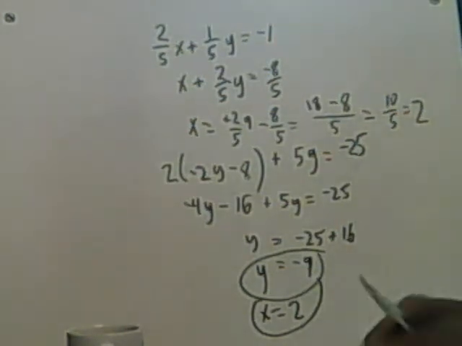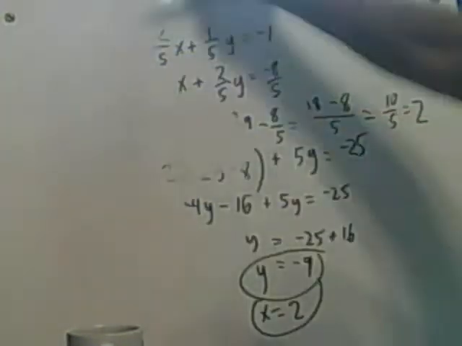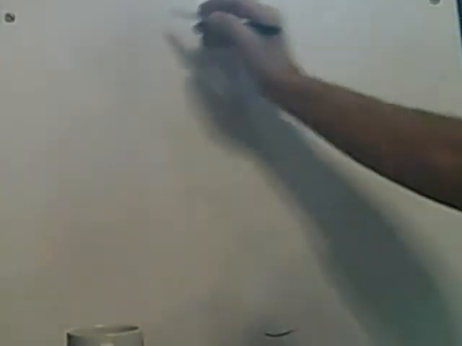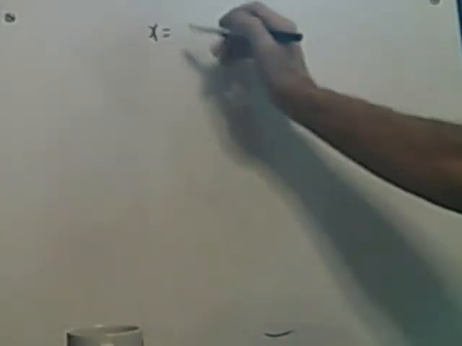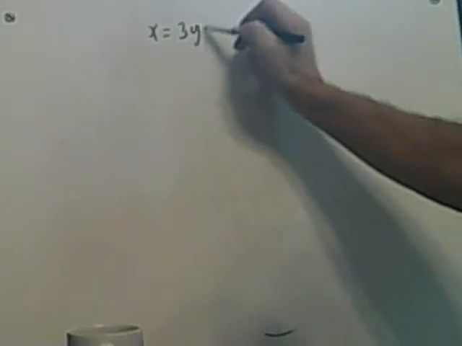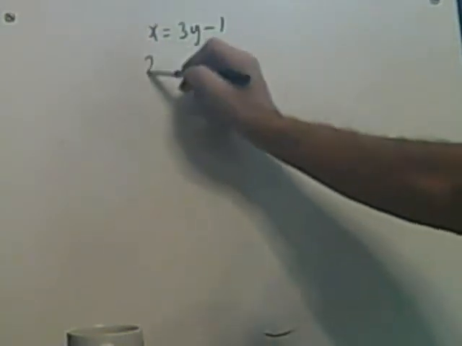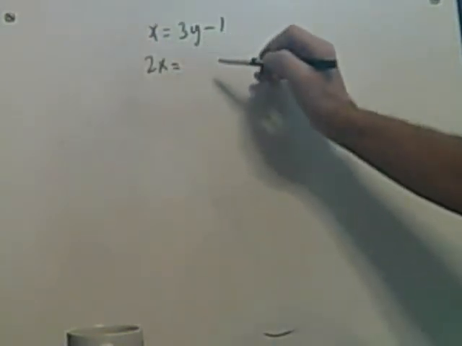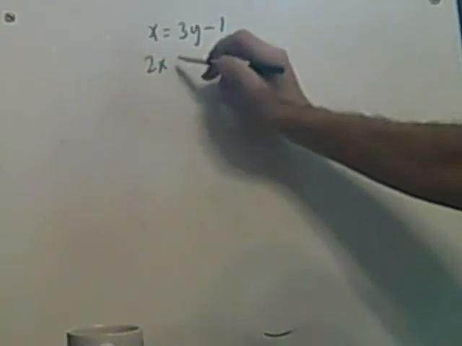Okay, let's see, which number was that? Was that number 25? Okay, that was number 22. So we're on to 24. 24: x equals 3y minus 1, and 2x minus 6y